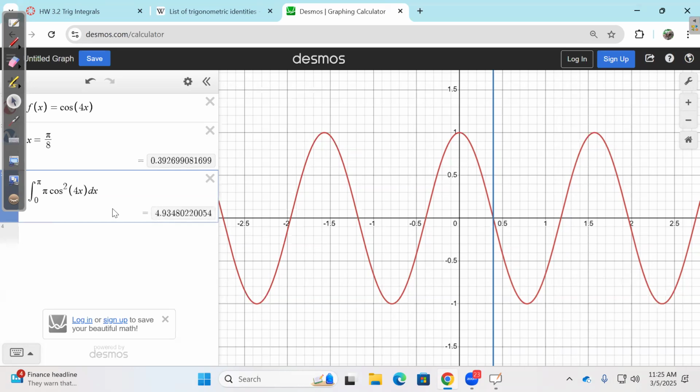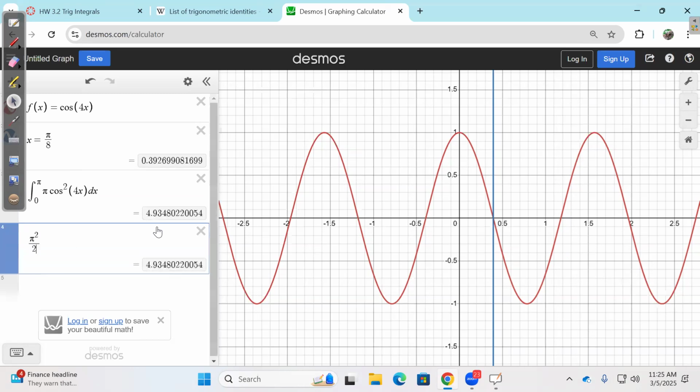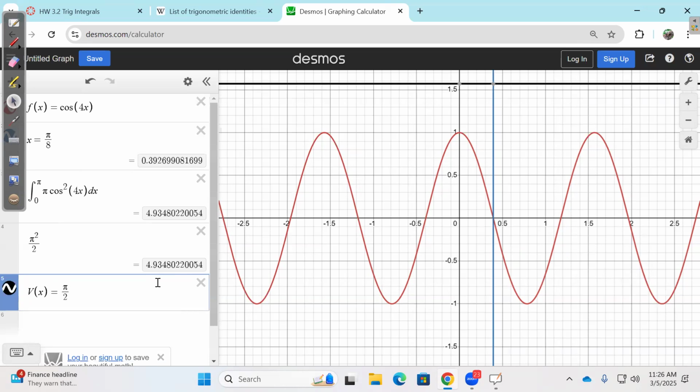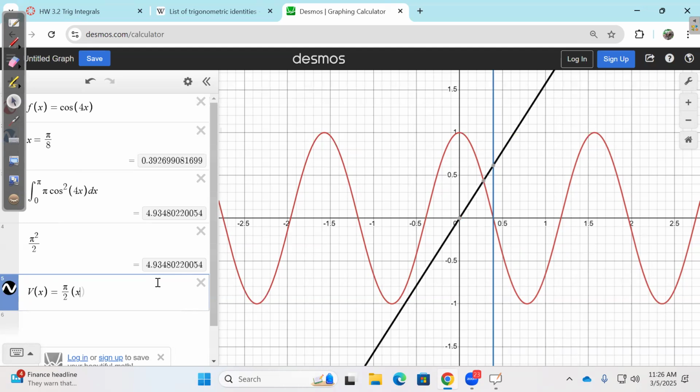And I believe that value there is pi squared over 2. Cool. Double checking my evaluation, I believe my volume function, let's call that v of x, is equal to pi over 2 times parentheses x